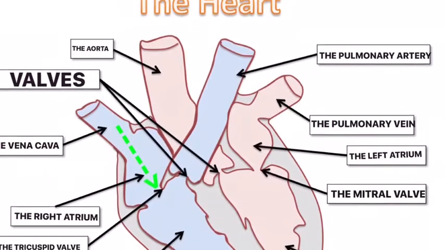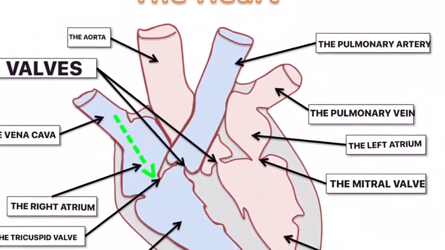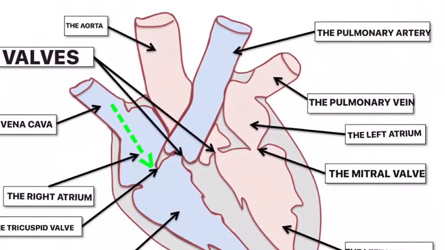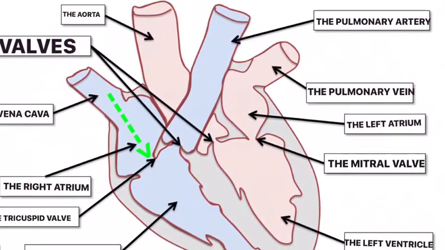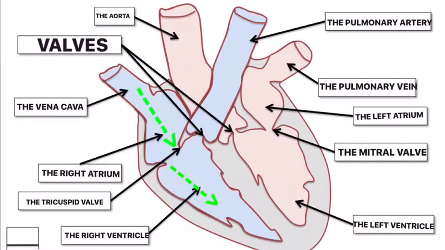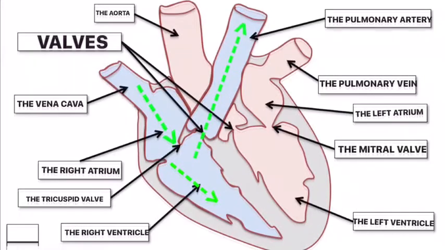To summarise, let us just revisit what we have been over. Blood firstly flows into the heart through the vena cava when it is deoxygenated into the right atrium. From here, the atria will contract and blood will be pumped from the right atrium through the tricuspid valve into the right ventricle. The atria will relax and the ventricles will then contract, pumping blood through the pulmonary artery into